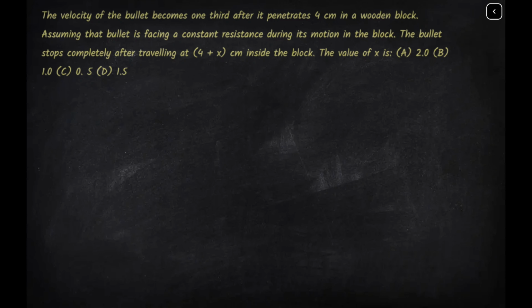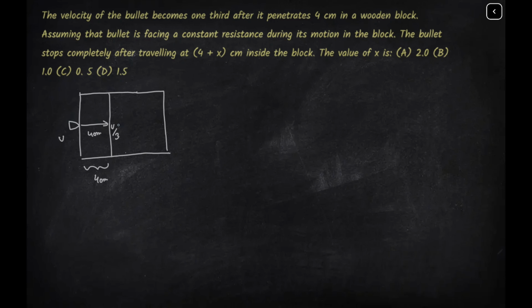So let us draw the diagram first. We will start the drawing with a wooden block. Let's consider this as the wooden block, and here's the bullet that comes here and touches the wooden block, and the bullet velocity becomes 1/3 after it has traveled 4 cm. So if the velocity of the bullet is u here, the bullet has traveled 4 cm and the velocity has become u by 3, because it has already been said that the bullet's velocity becomes 1/3 after it penetrates 4